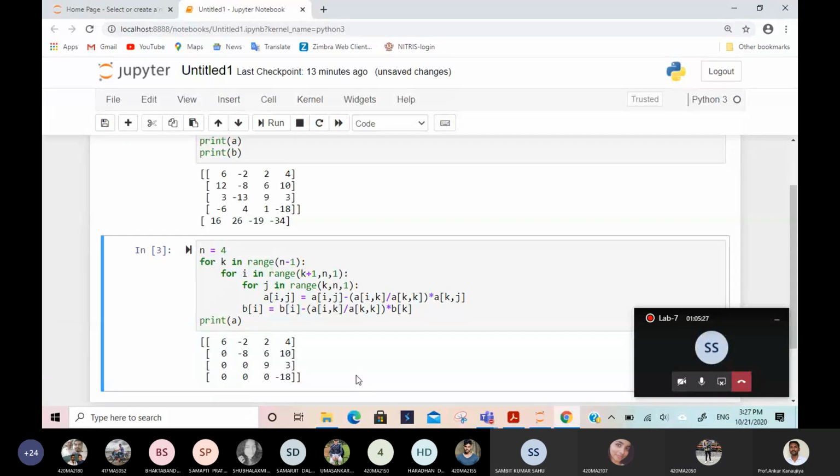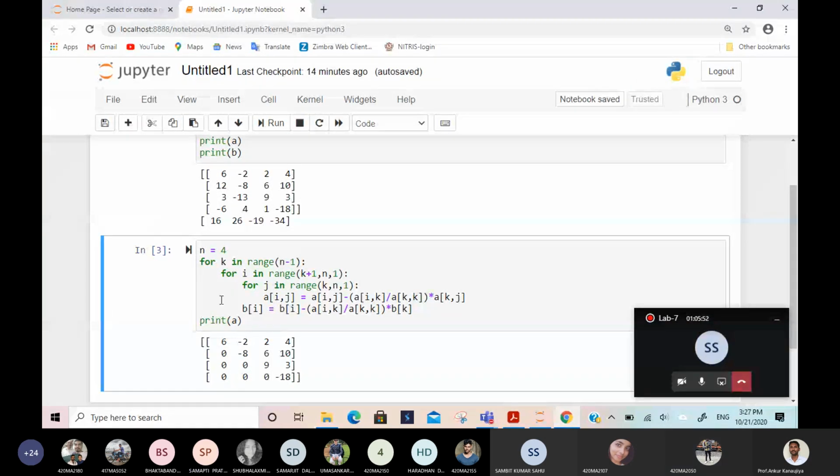But there is one problem, because every time you are changing this. See, this entry remains same: 8, 6, 10 are not changing, even minus 13, 9, 3 is same, and minus 18 is also same. Suppose you want to make this 12 zero, which row operation will you apply? R2 minus 2 times R1.